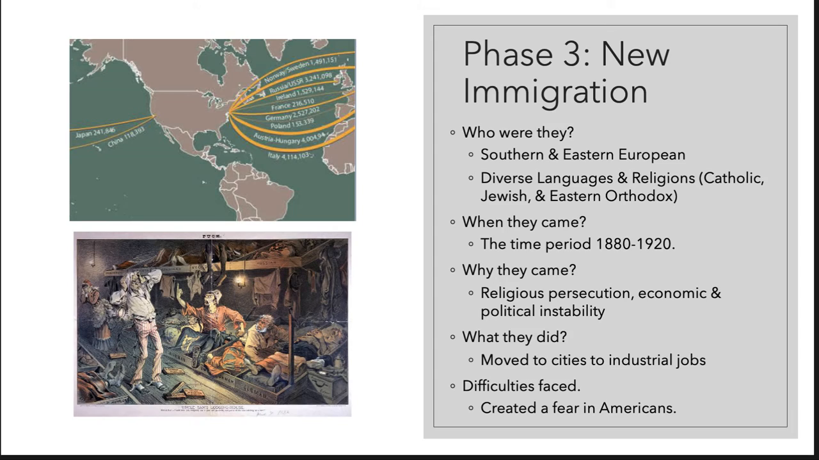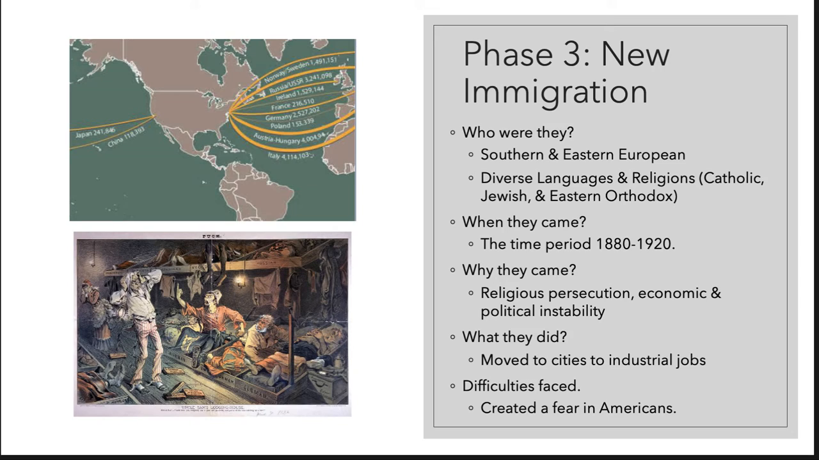Why did they move here? What did they do? Where did they settle? They're going to move to industrial jobs, and that's what's going to create the most tension between this new group of immigrants and Americans that are already here. They're coming to seek opportunity, as you can see on the map. Look at where all of those lines are going to. They're all going to New York City, along the eastern coast in that one place, because that's where the